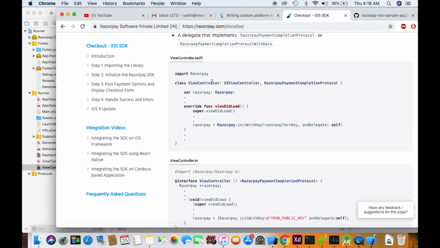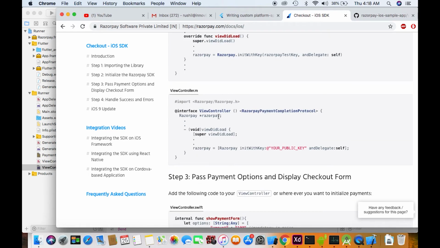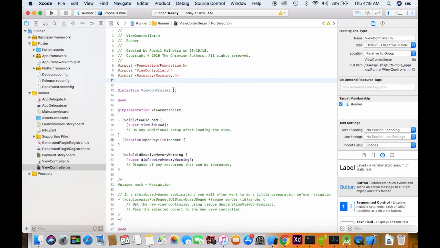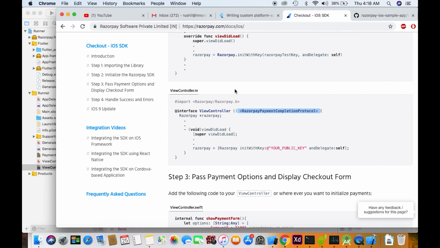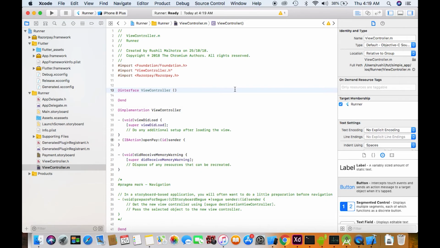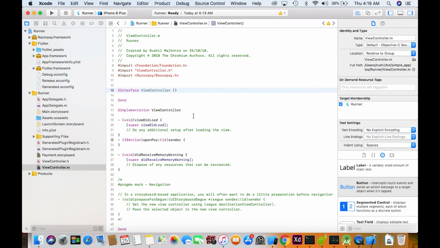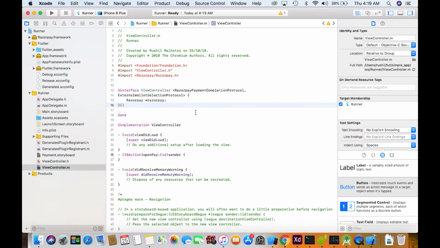Either you can just copy paste the whole code, override it, doesn't matter, or you can just, so I'm gonna use this style. And the view loader we have to initiate it with the key.